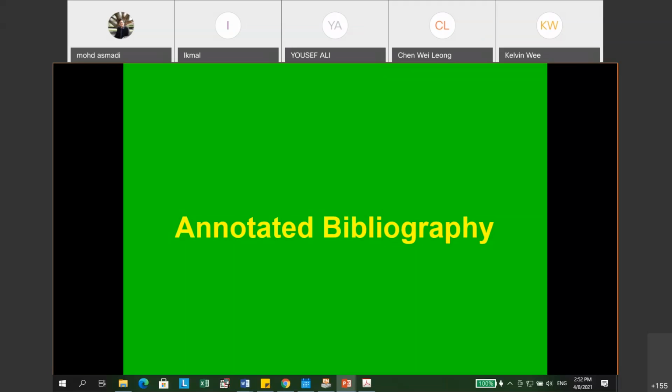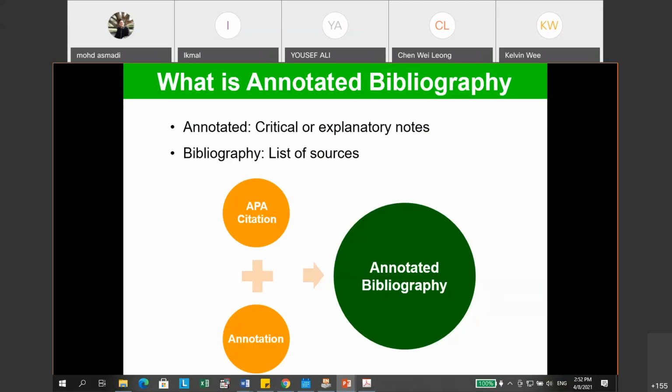In terms of format, maybe I will explain later, it is double spacing. The format of the citation we use is APA citation, which starts with the author's name. This is the APA citation, and together with annotations it is an annotated bibliography. This is the meaning of the annotated bibliography: critical or explanatory notes. An annotated bibliography is a list of sources, meaning the APA citation on top. Annotation is your summary,